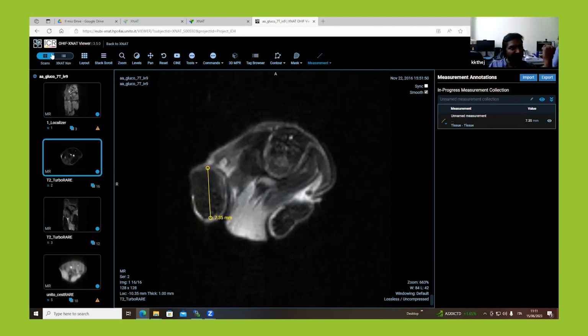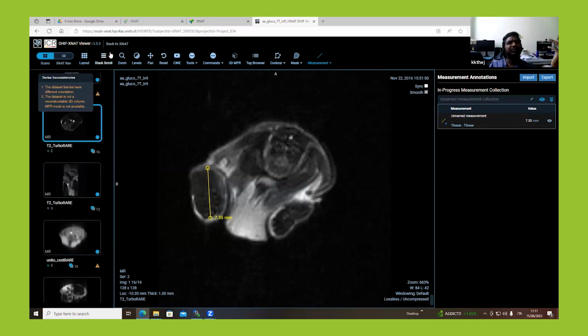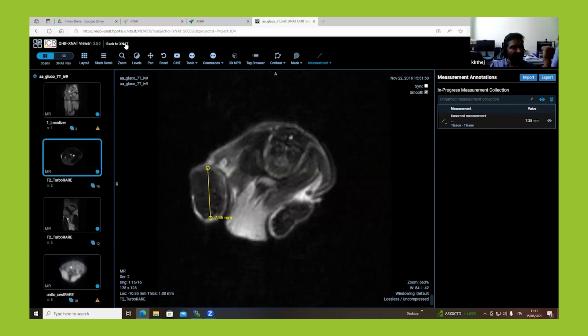Yeah, this is all about how you can browse through your images, how you annotate, how you save the annotations, and how you can export these annotations. So let's go back to XNAT,